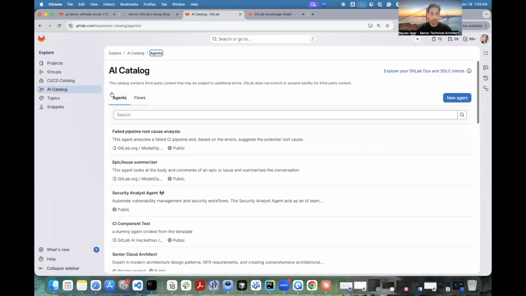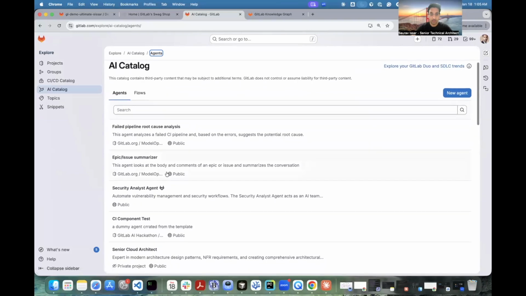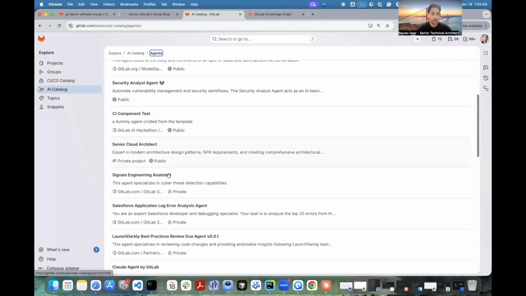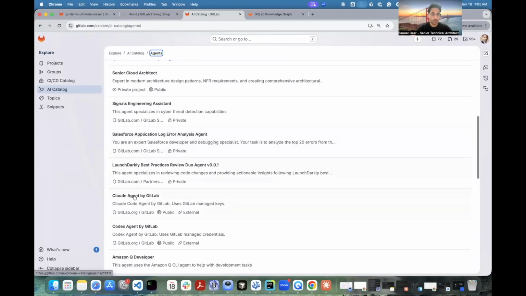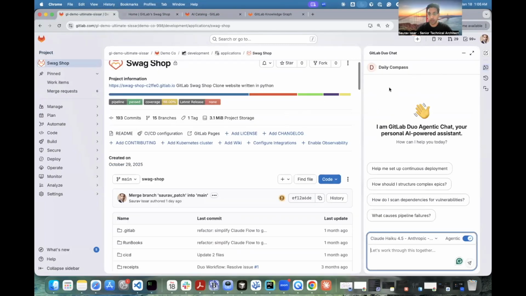But if you want to see here, this is the AI catalog that basically contains GitLab provided agents as well as agents that the GitLab community contributes to. So you can go through the list of all the agents available. It's very easy to enable an agent in case you find a particular agent that you want to use in your project. You can, for example, Cloud Agent by GitLab. So you can simply go there, enable in your group, and then once it's enabled, it can be activated at our project level. So I already have this Daily Compass